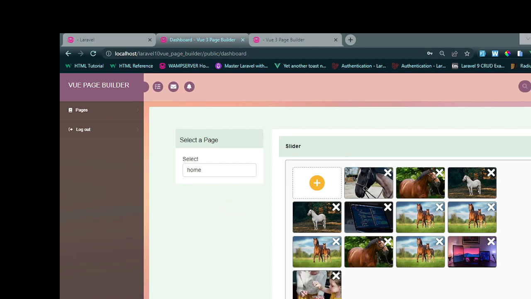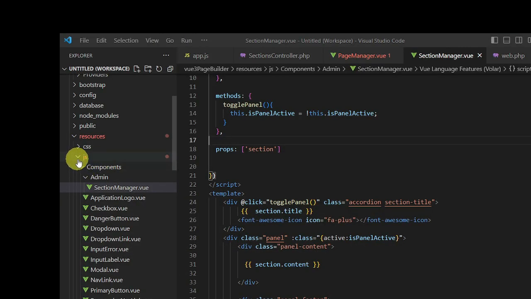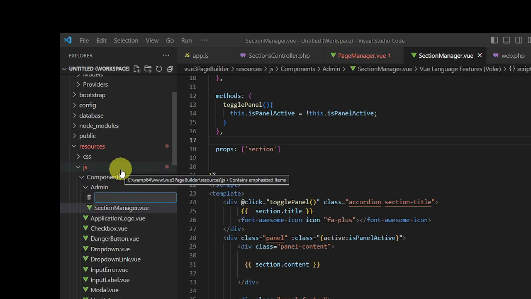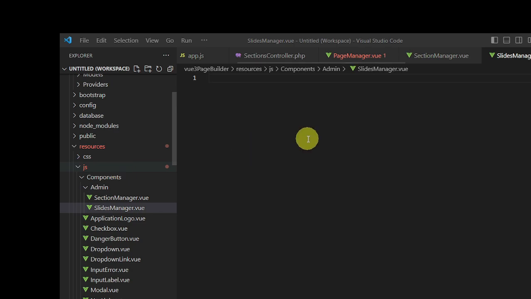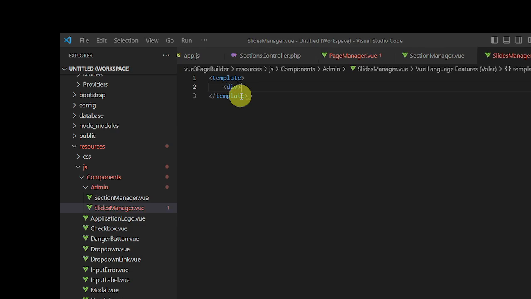All right, so back to the code. Under admin, we need a new component here, and we'll name it slides manager dot view, and we'll define our template tag as usual. And here let's just have a div,